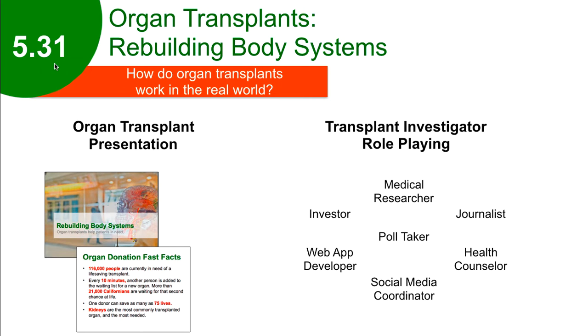In Lesson 31, students are assigned specific roles to figure out how organ transplants work in the real world. We begin with a short presentation to get them oriented about organ transplants, and then they're going to be assigned a specific task based upon a specific role. For example, the poll taker has to design a 3-question survey to find out what people know about organ donation and their willingness to do it. And then they have to write what they think 3 different people from different ages and backgrounds might answer for